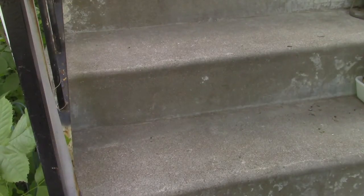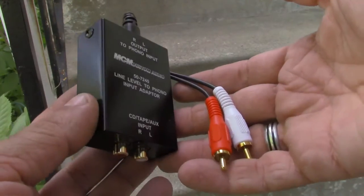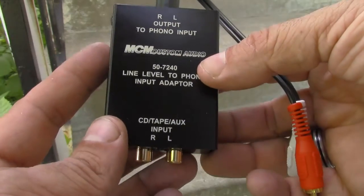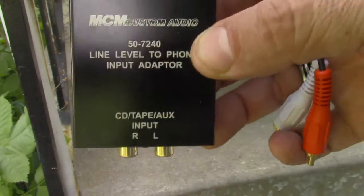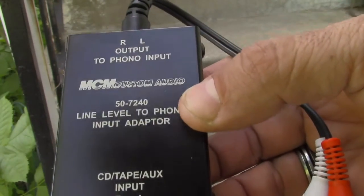It's going to take some time to show this to you. You don't peddle other people's goodies, but this actually isn't bad. I think, I don't know for sure, I think these are about $8. This is a little adapter that you can use to convert your phono input on your old receiver or power amp to line level. There's a good chance you don't have